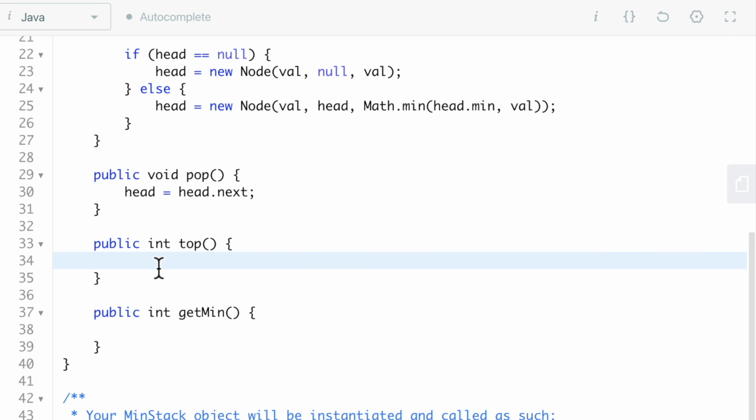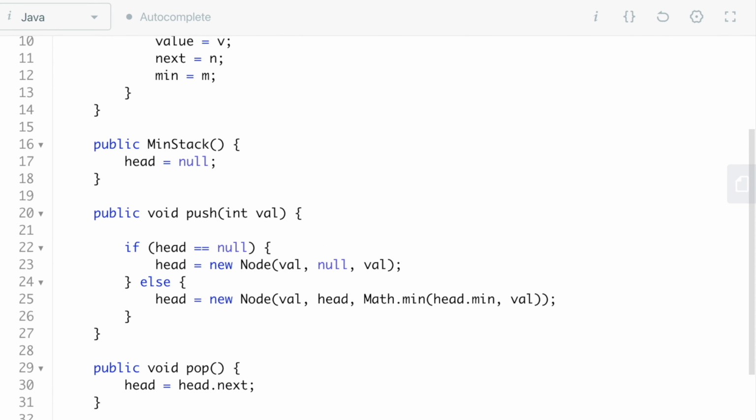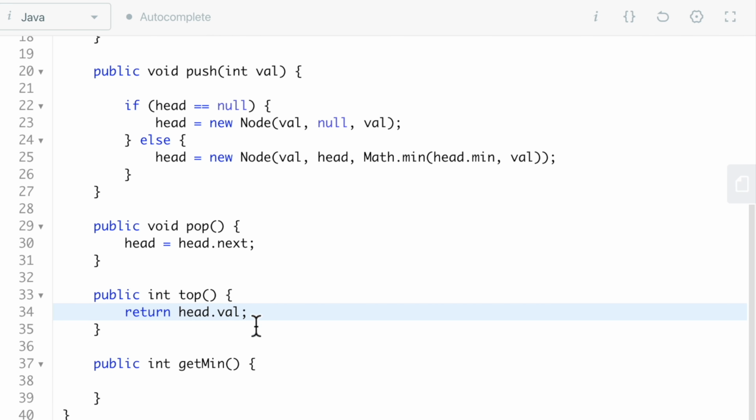And the top operation is also very simple. We're just going to return the value at the head. So we can just do return head.val. Well, actually it's value in this case. Okay,